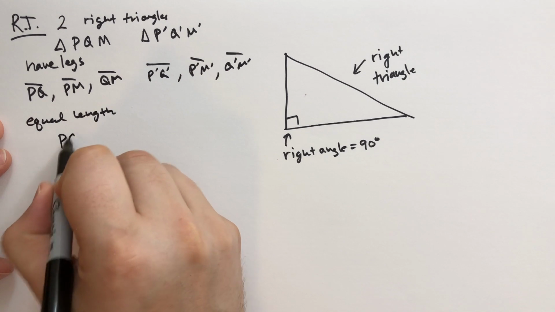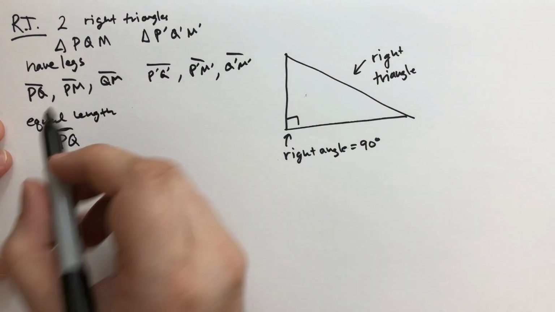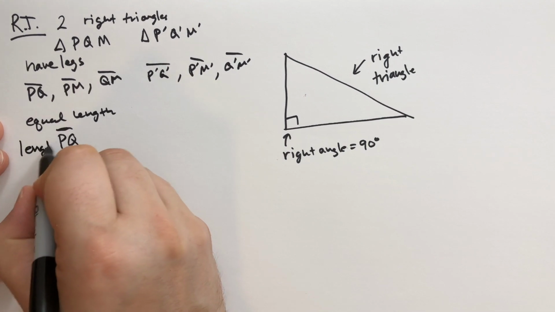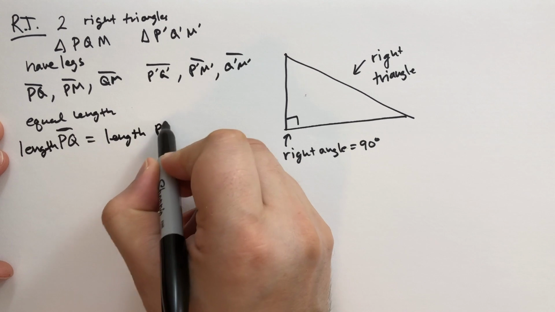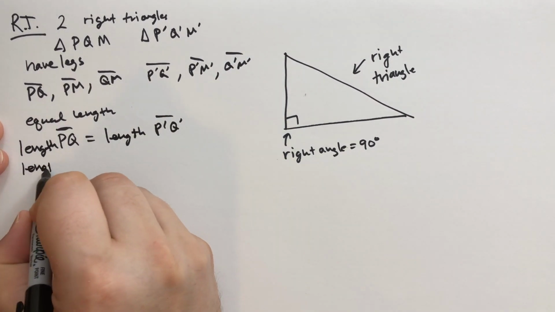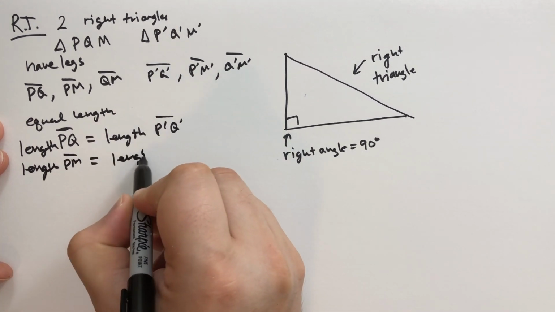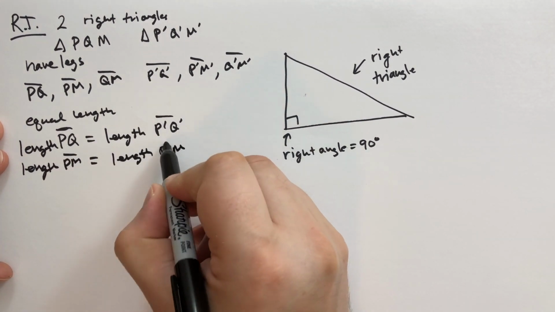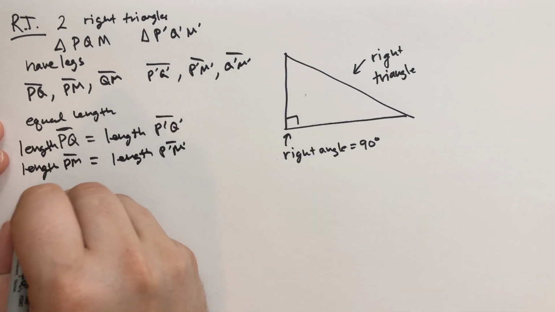That means that PQ is the length of PQ. How do we write that? Yeah, the length of PQ is equal to the length of P prime, Q prime, and the length of PM is equal to the length of, you guessed it, P prime, M prime, and then we can conclude,